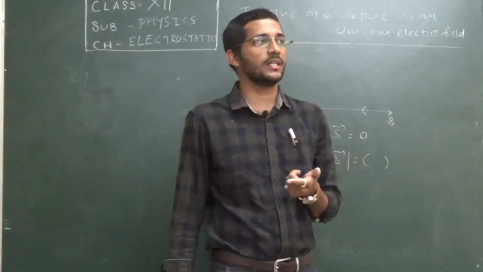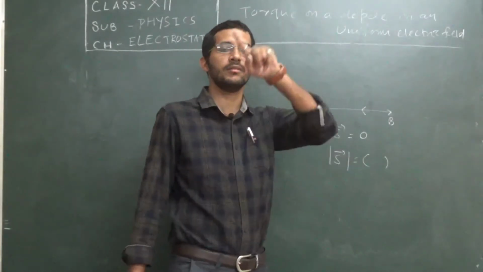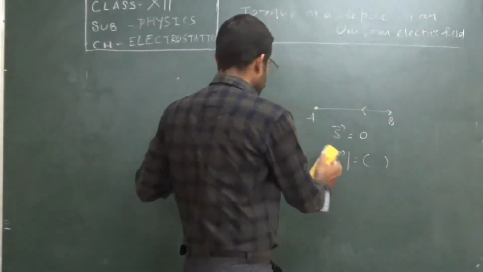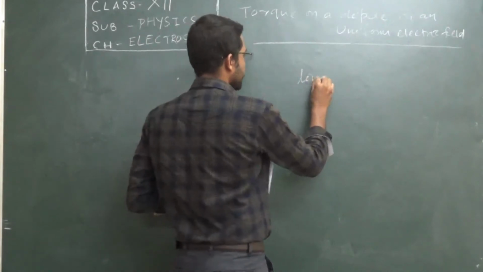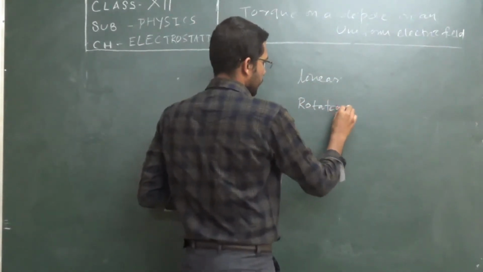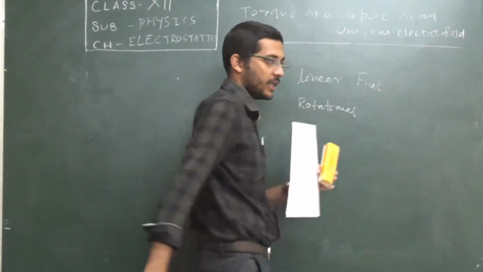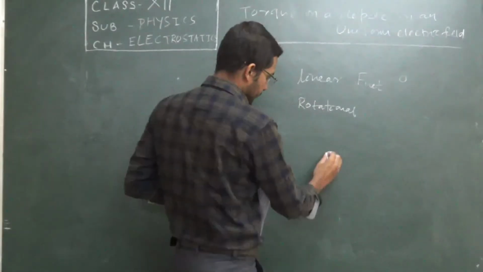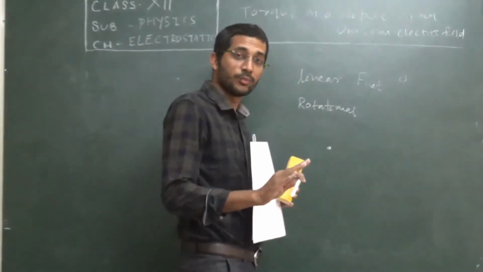But in the same case, when we are applying any kind of force and the force helps the body to rotate. Like for example, see, there are two types of motions. One is linear, one is rotational. So if we find that the net force on the system is 0, that means if the particle is here, it will not displace, it will remain at its own position.